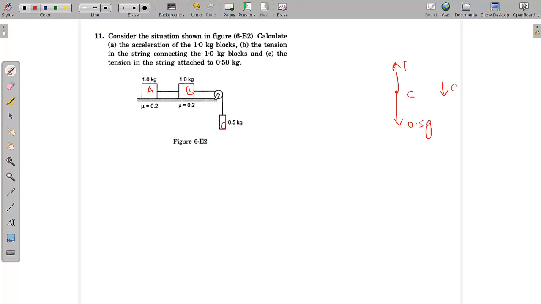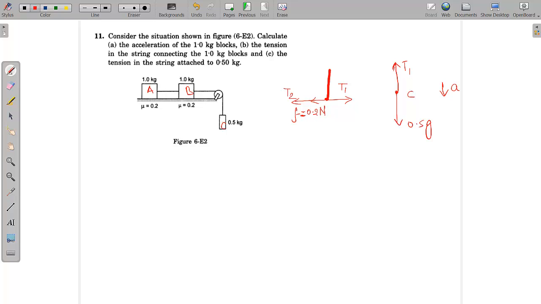Let's assume that the body is moving with an acceleration a down. The static friction is given, so we don't know whether it is moving or not, so let us first come to a conclusion whether it is moving. T1 acts in this direction, the right-hand side, and T2 in the opposite direction. There is a frictional force 0.2 into N. This is the friction force, the maximum friction which can act.